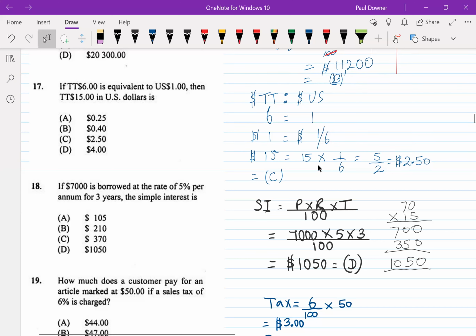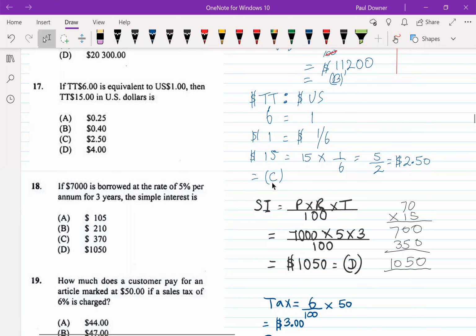right? And 15 times 1/6 will give us, let's see, if you cancel down, you see 5 into 15, 3. 3 into 15, 5. That's how you get 5 on top. 3 into 6, 2. You get 2 below. Right? So 5/2 is going to give us